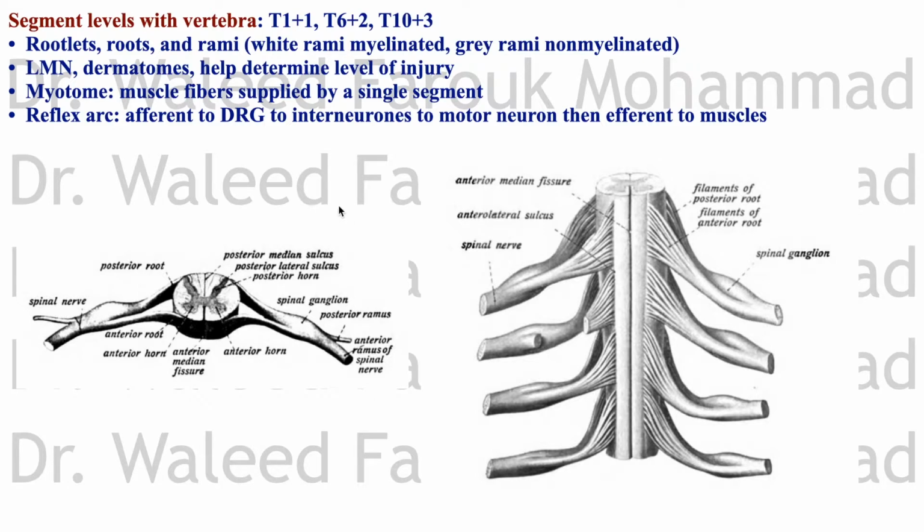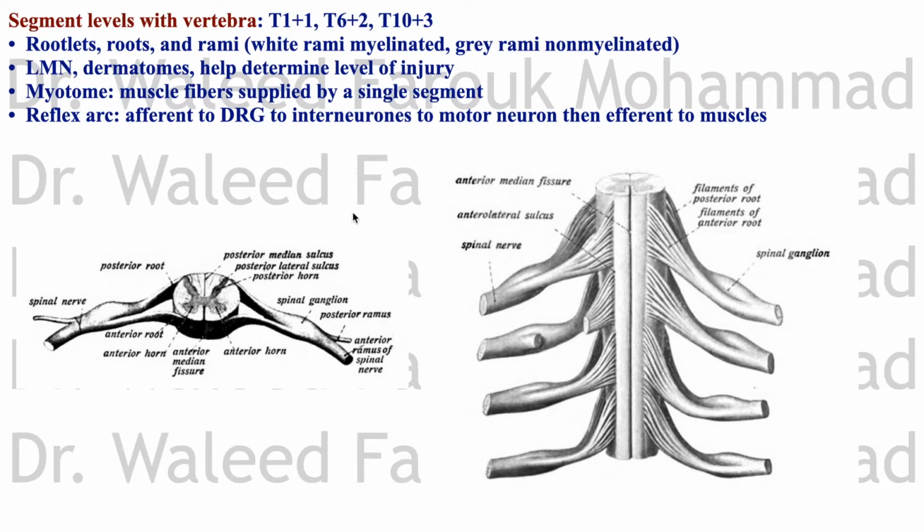To estimate the spinal cord segment level according to the vertebra, higher up at the T1 vertebra, just add 1, so you are at the T2 spinal cord segment. Lower down at the T6 vertebra, you add 2, so you are at the T8 spinal cord segment. The same principle here at T10, you add 3, you are at the L1 spinal cord segment, and you know it ends between L1 and L2